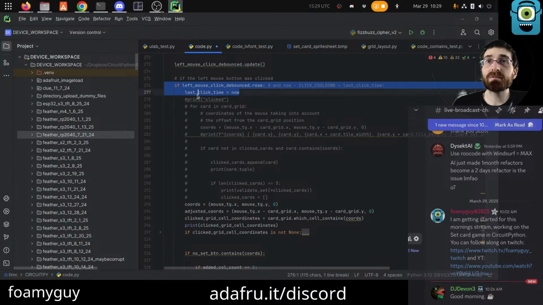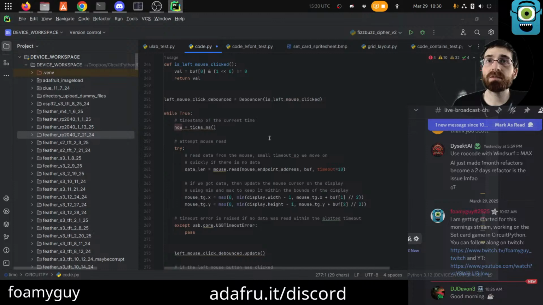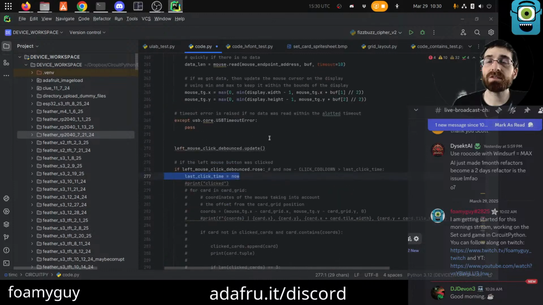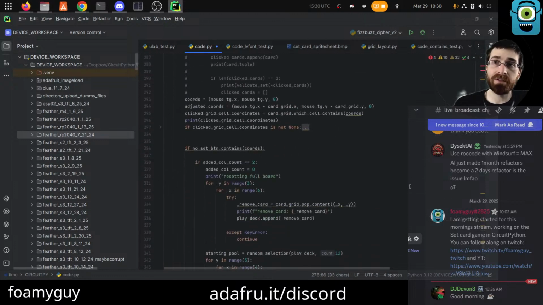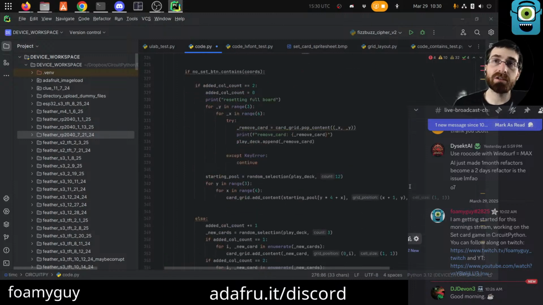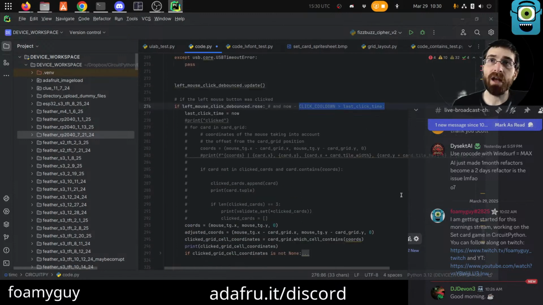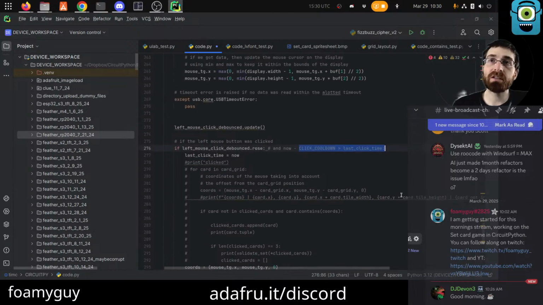We don't really need last click time anymore, I don't think, because we're not going to be doing our own cooldown. In fact, we're not going to be doing a cooldown at all. We're going to say you can go as fast as you can as long as you're actually releasing the mouse and clicking again